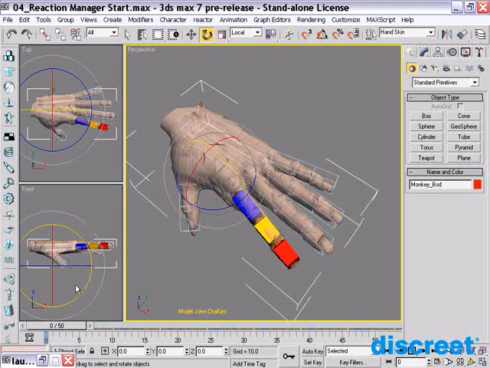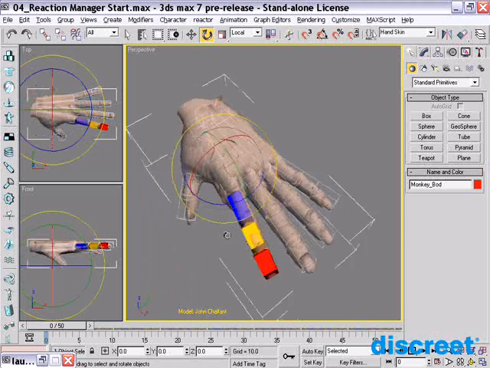For many years in 3ds Max we've had a function called the reactor controller, or the reaction controller. What this does is allow us to set up how an object should move when another object does something specific. So if one object rotates, then all the other objects will react to it. Well, in this release what we've done is create a whole new interface to it, a new way of working with reaction controllers. So to give you an idea of that, let's just set up a quick reaction on this